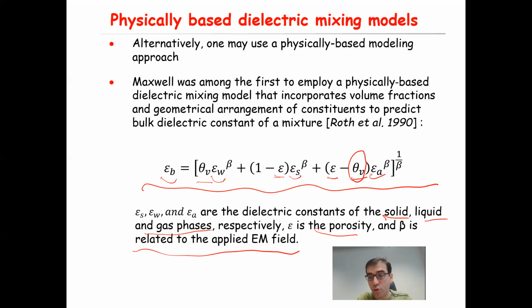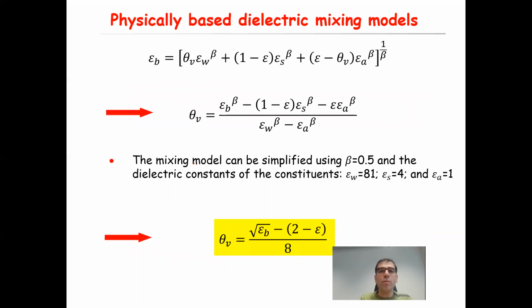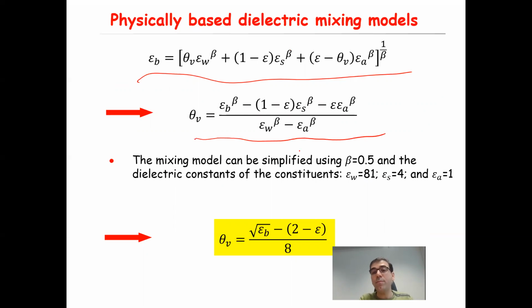Okay, assuming you have the porosity of your sample, you have all the parameters except theta v, and therefore you can calculate theta v as a function of the other parameters. So basically that was the equation. You can rearrange this equation; this is simple algebra. You can express theta v as a function of the other parameters, and the mixing model can be simplified using,